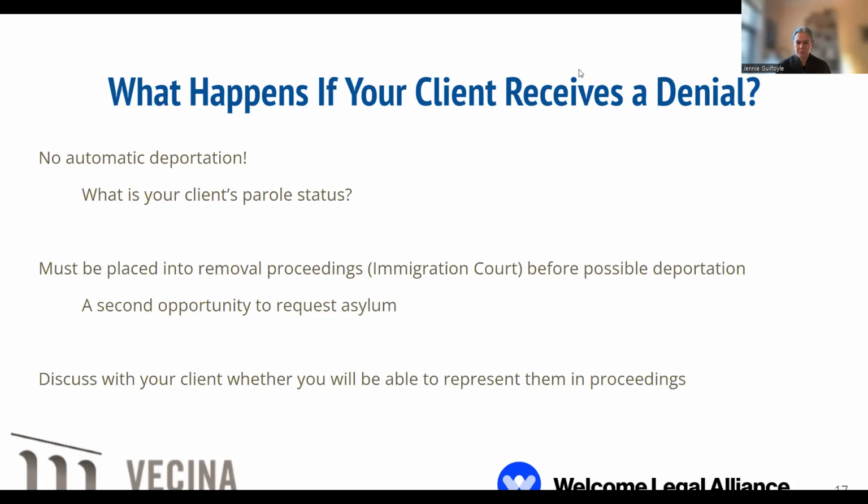We don't know. But in removal proceedings in front of an immigration judge, you get another chance, another bite at the apple, and you get to apply kind of all over again from the beginning for asylum. And there's also some other forms of humanitarian protection that are available in immigration court proceedings, but not at the asylum office. Something called withholding of removal, and also importantly, something called protection under the Convention Against Torture. There's like a little box on the asylum application to check if your client wants torture convention relief. You always want to check that at the affirmative stage, but the asylum office can't grant that. It's something that can only be granted by an immigration judge.